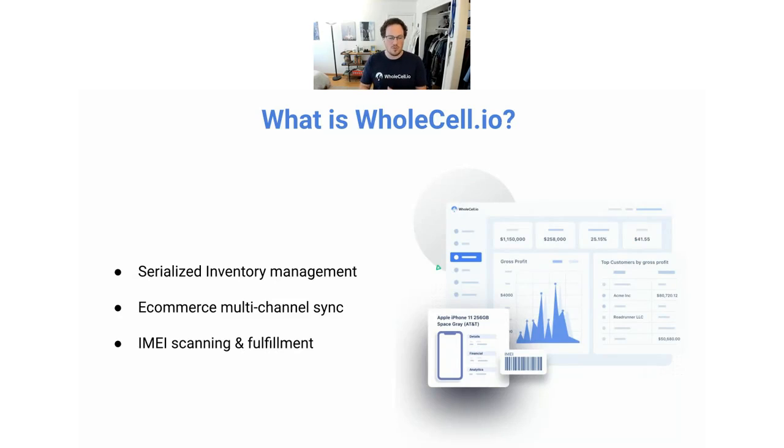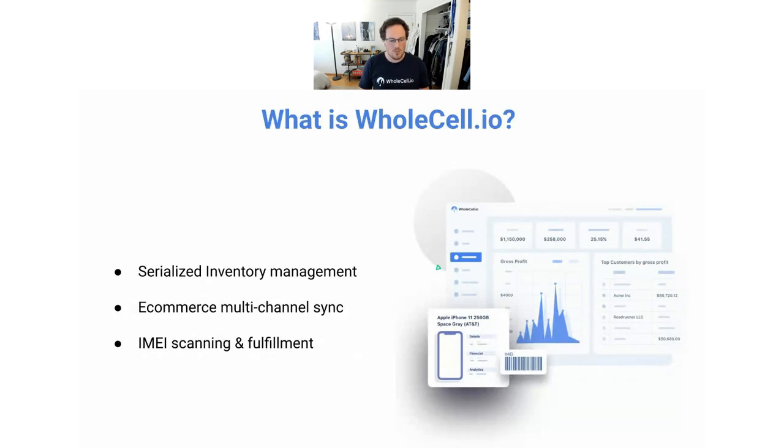One of the things we've been building into WholeCell in the last couple of years is the ability to sync all of your inventory in WholeCell with the e-commerce channels that you sell on. So if you sell on eBay, Swappa, Backmarket, or other e-commerce channels, you can now connect WholeCell to those channels to import orders when they come in, and for eBay, Swappa, and Backmarket to keep your inventory quantities synced constantly, so that you don't have to go in and update the different platforms. When a phone sells on one platform, it gets updated across the other ones